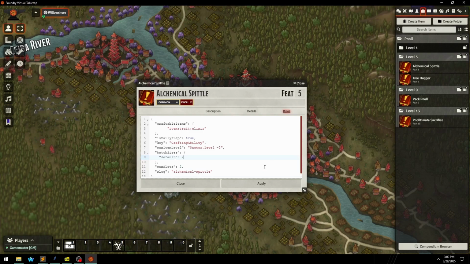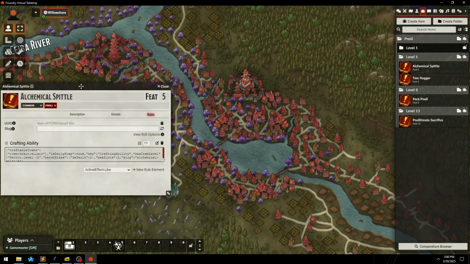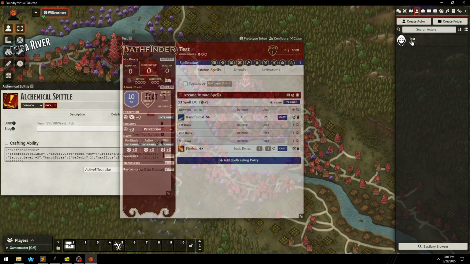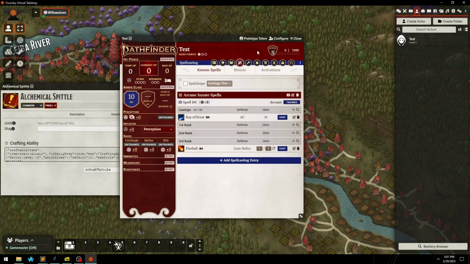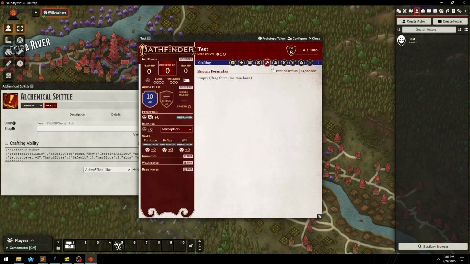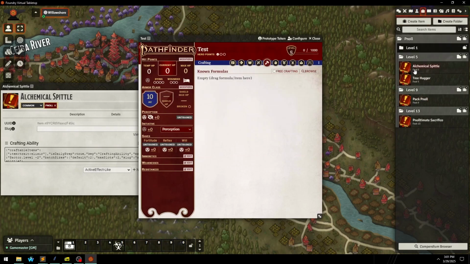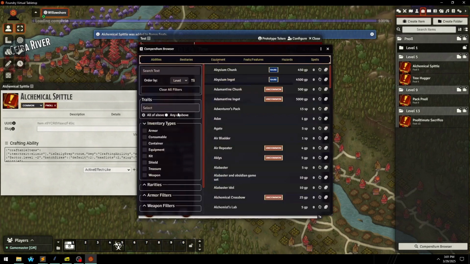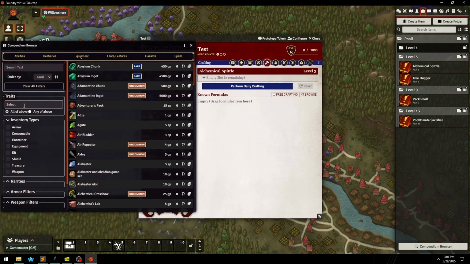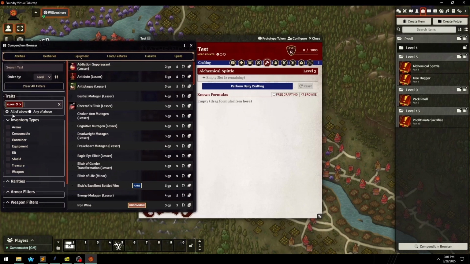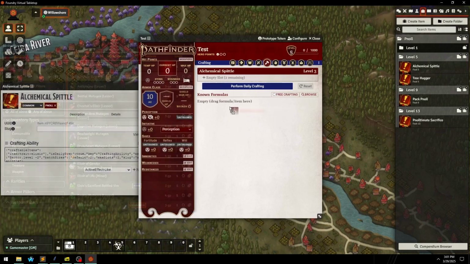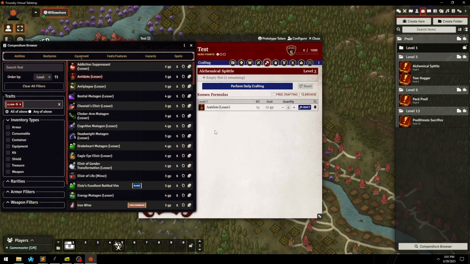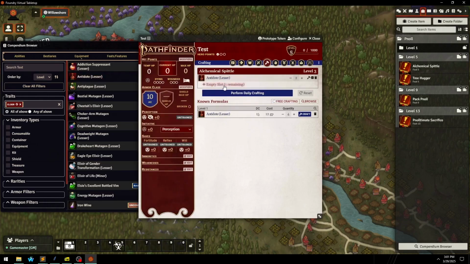And it's just default 2. Okay, so let's open up our actor, set them to level 5 because they need to be level 5. Go to our crafting tab, and we are going to drag in alchemical spittle, and then alright, let's drag in antidote. So when we put our antidote in there, we get, oh right, yeah, we can't,